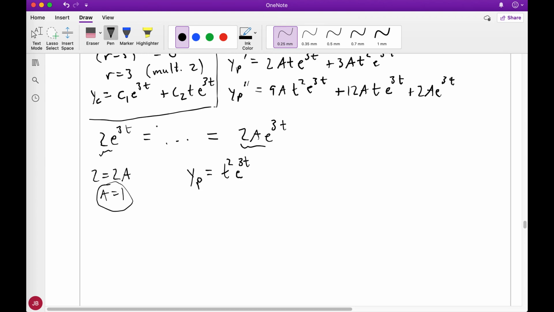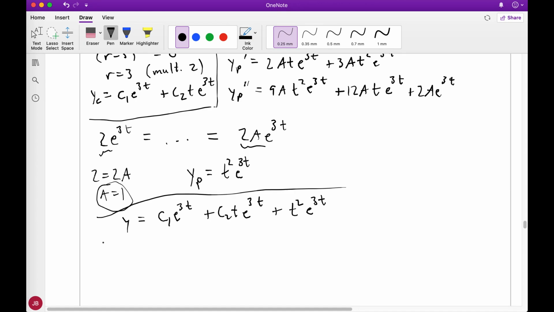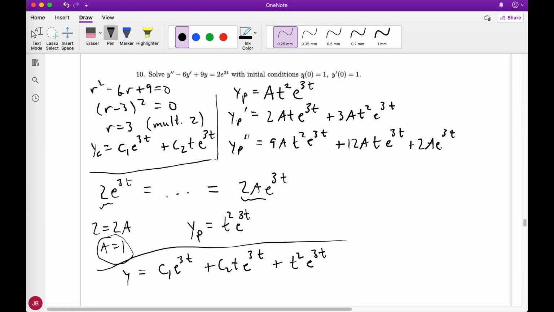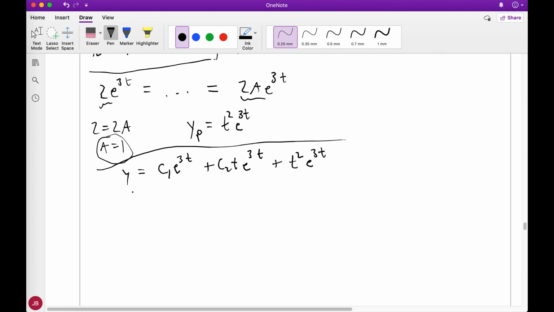So now that we have yc and yp, we know therefore that y is the sum of those two, so c1 e to the 3t plus c2t e to the 3t plus t squared e to the 3t. And if we're going to apply our initial data here to solve the initial value problem, we're going to need y prime. Right? So y prime is,